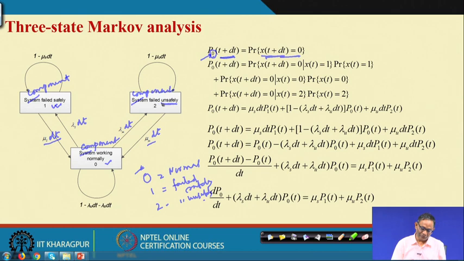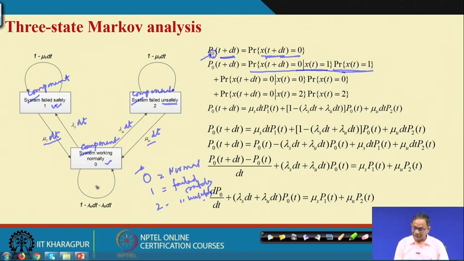It was at state 2 and the transition has taken it to state 0. This is what is written here. First, it is at state 1, that means probability X(t) equal to 1. So, the transition takes place within delta t time. So, that is basically this. These two multiplications talk about the component at state 1 at time t equal to t and at state 0 at time t equal to t plus delta t, then this is the probability.